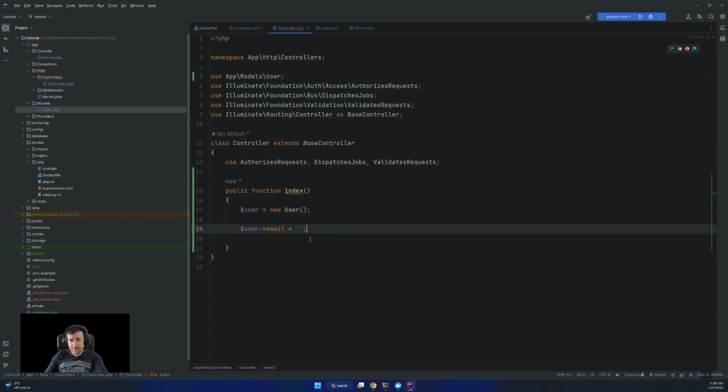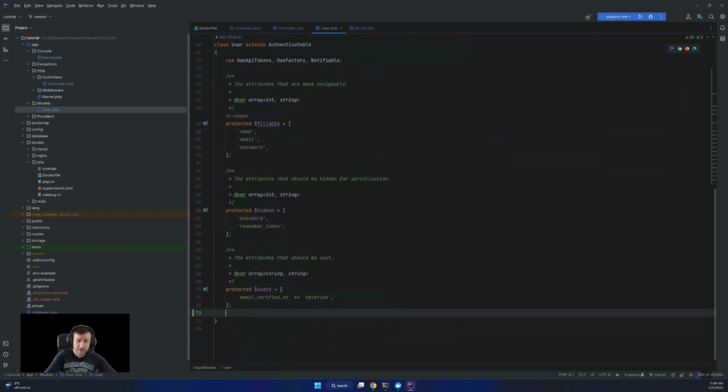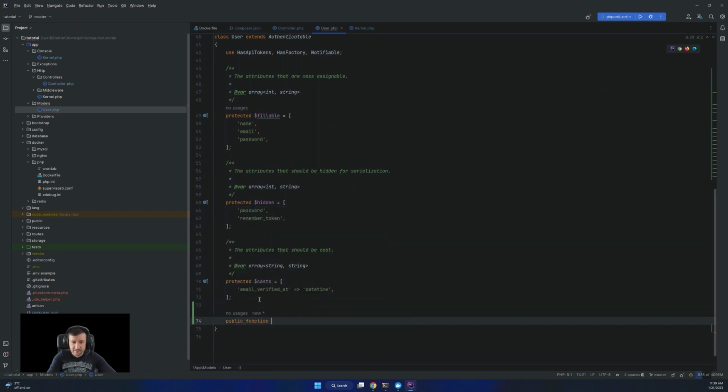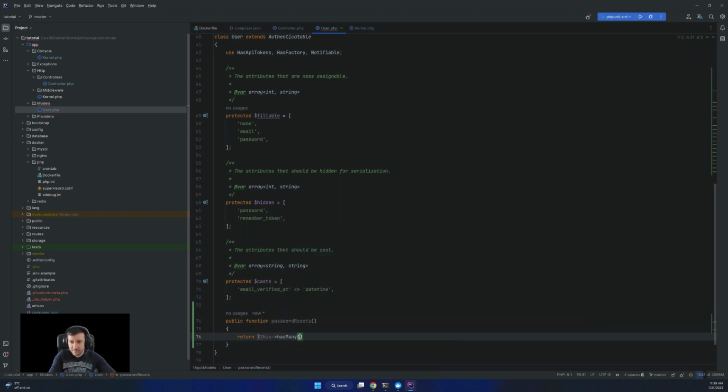And for example, if I have some relation in here, I'm going to go public function, let's say passwordResets, whatever, it doesn't matter. It's random, and I'm going to return $this has many.